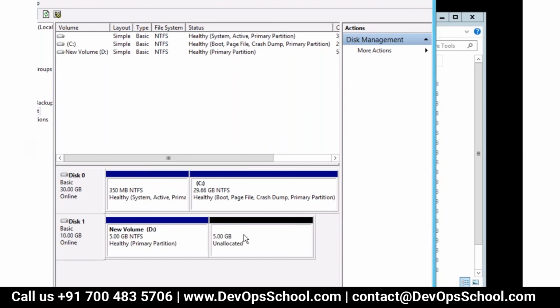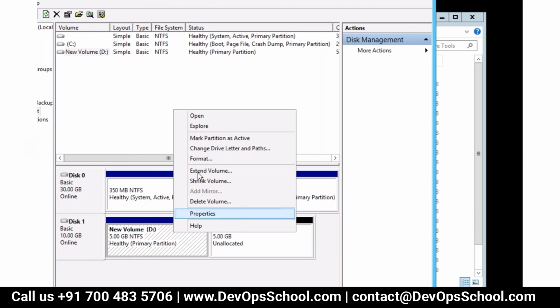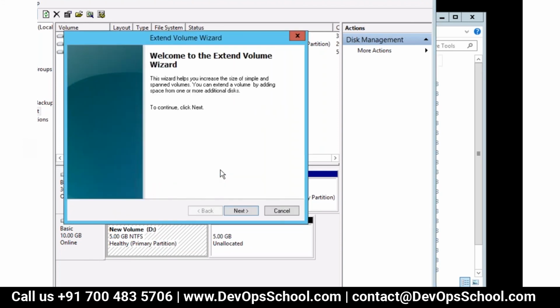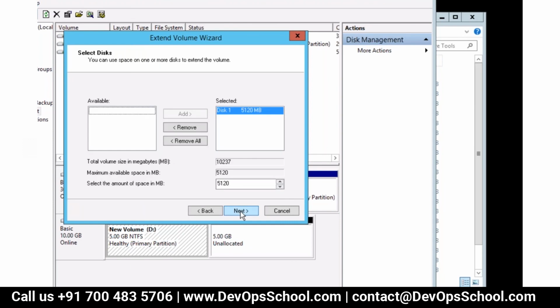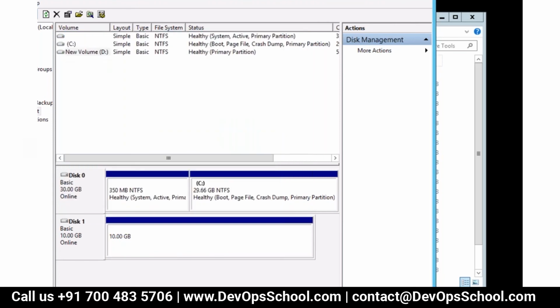Okay, so this is the additional space that has been allotted, because what I did is I made 5 GB into 10 GB. So it's an extension. Here, if I now right click, I can do extend volume and it will be extended. So this will give me this additional 5 GB, and it will make it 10 GB. Okay, this is how you can extend it. Similar thing, you can also extend the root, that is C drive also. It is possible.